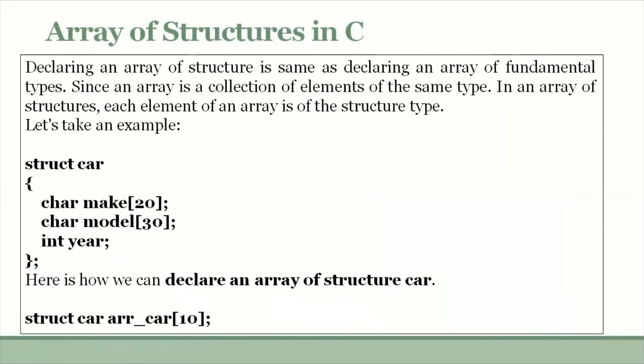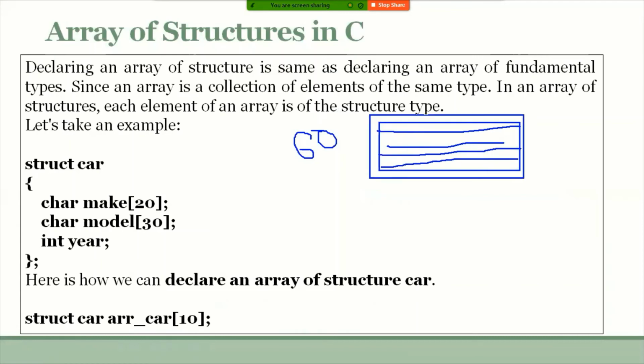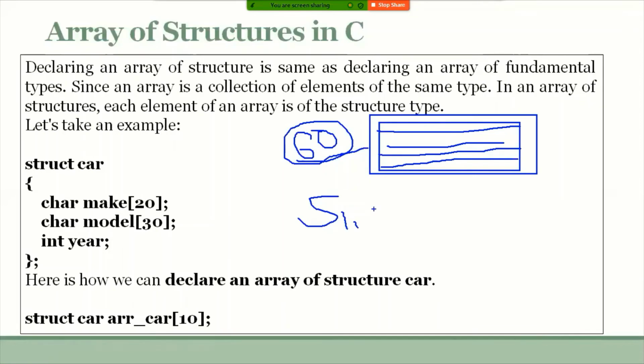Then array of structures. For example, let us consider the classroom scenario. How many students are there? How many members are there in the classroom? 60 members. I want to create details: name, roll number, subject marks, and their percentage. All these details I want to create for how many members? 60 members. In that particular case, how many structure variables need to be created? 60 structure variables, literally S1, S2, S3, and so on.